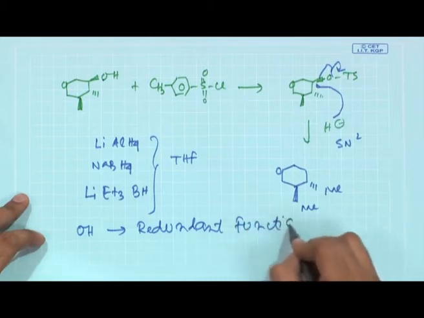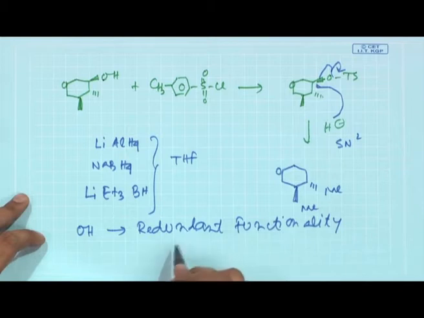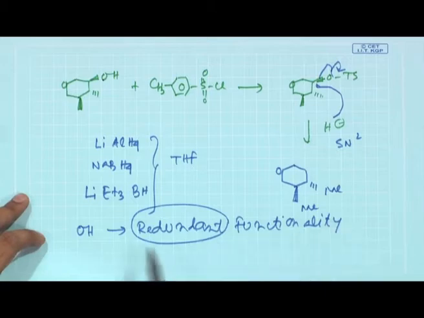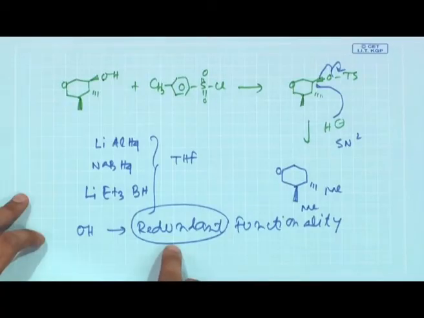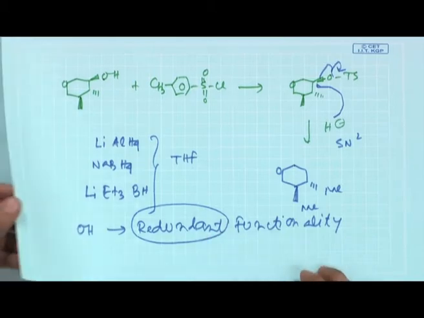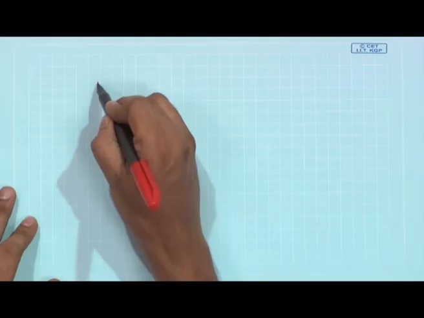because in the target molecule the hydroxy functional group was not required, but it was introduced to bring a hydrogen carbon bond. Those kinds of functional groups which are in reality not required in the final target and have to be removed prior to accessing the target molecule are named redundant functional groups or redundant functionality. We will explore this redundant functionality a little bit later on. And so, in continuation of this protecting group chemistry, we will now give you a very simple problem.